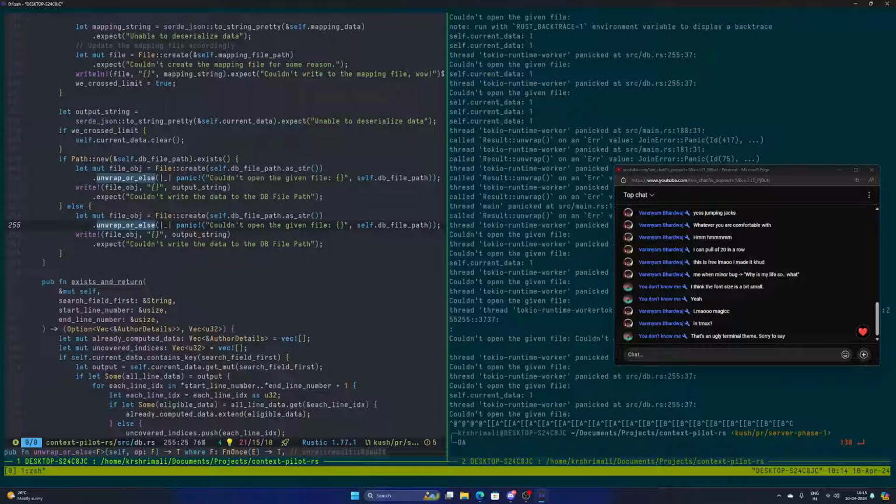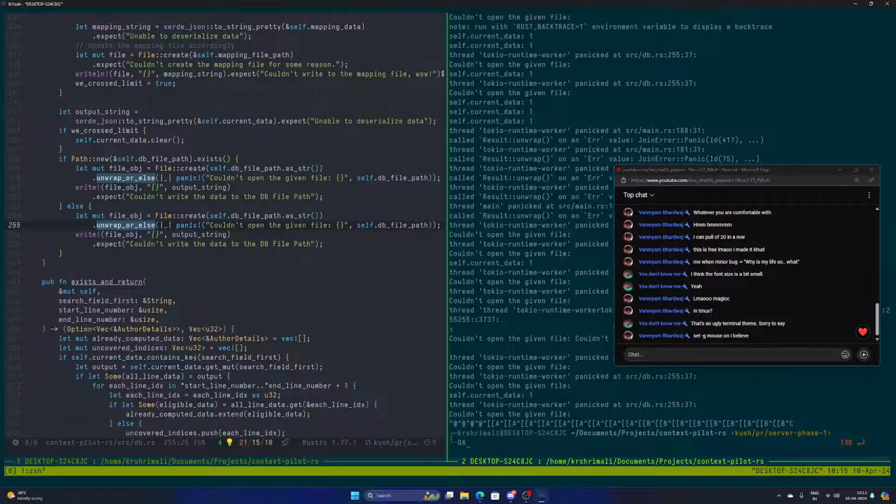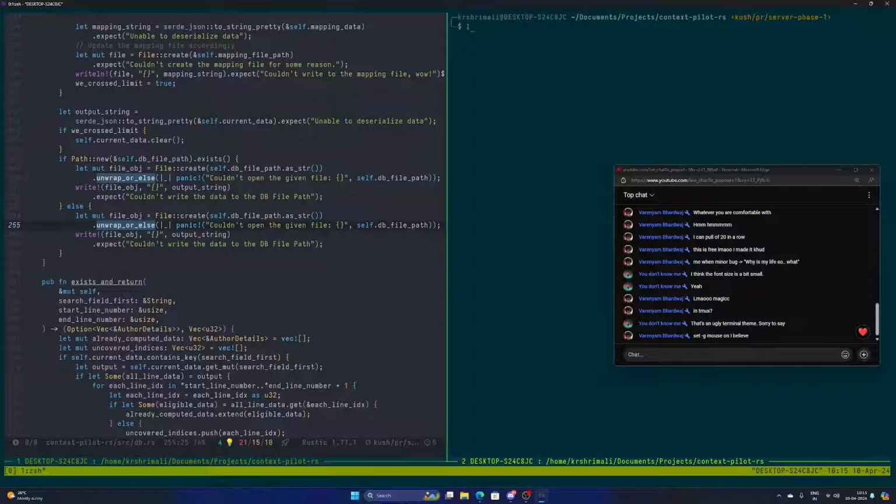This is an ugly terminal theme. Sorry to say. Man, this guy comes and gives me feedback like anything. Let me fix it. Control Alt U. Okay, I know that. Okay, yeah. But does it okay? Like, first of all, in my defense,